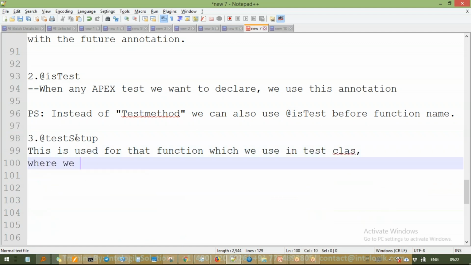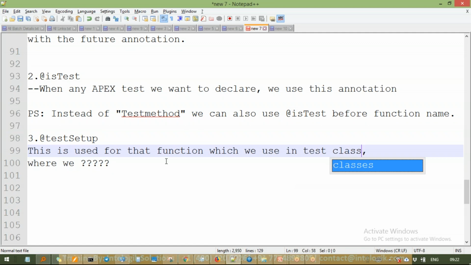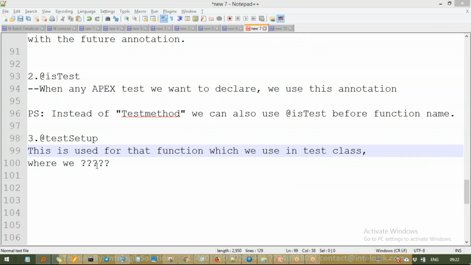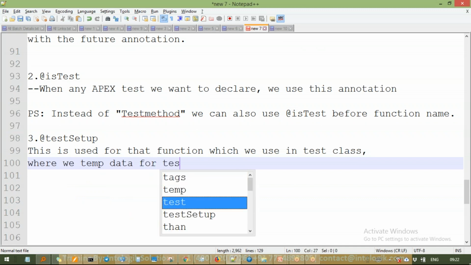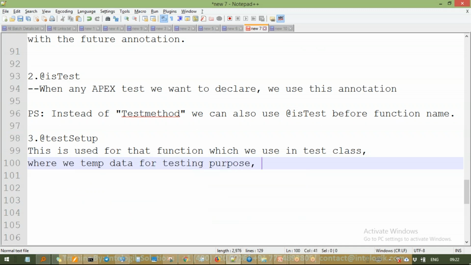What do we do in such a function? We have seen this. Yes, very good. We create the data. Yes, for testing purposes we create temporary data, because